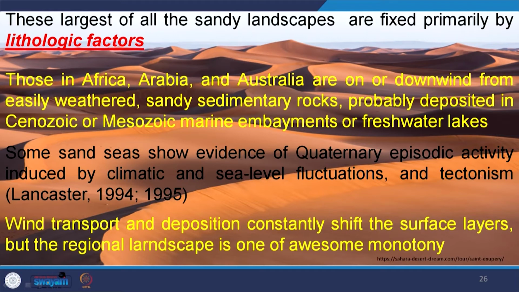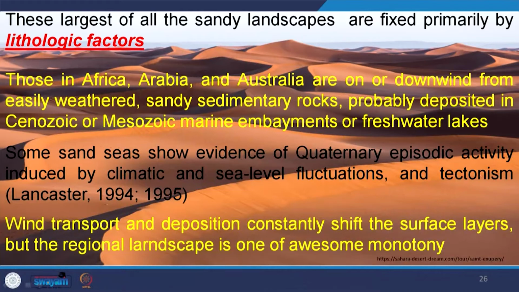mostly that will remove the sand from this system and will accumulate somewhere here. Had it been covered with basalt, had it been covered with granite, probably such a huge sand sea might not have occurred. So, the surrounding lithology also plays an important role in deciding the area and the spread of this sand cover.